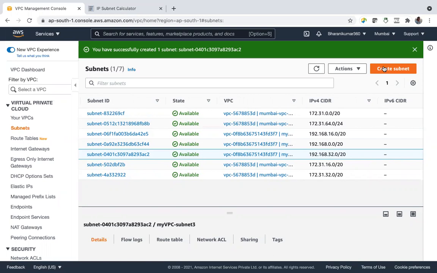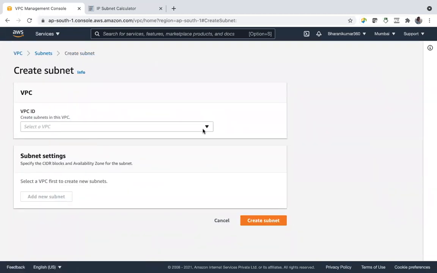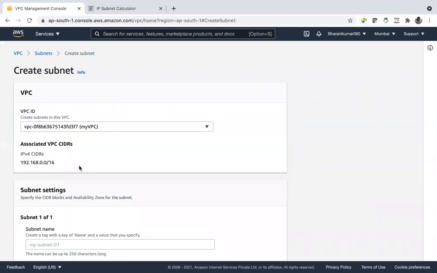No, it's taking some random number. No, it's not like that. It's not multiplying, I guess. Now we can try giving it 60. Let's try with that. Okay, my VPC.